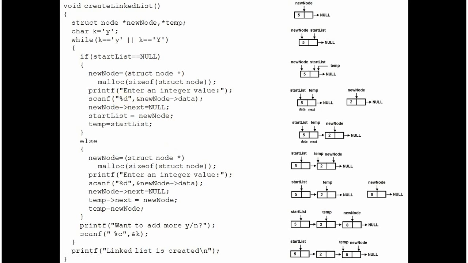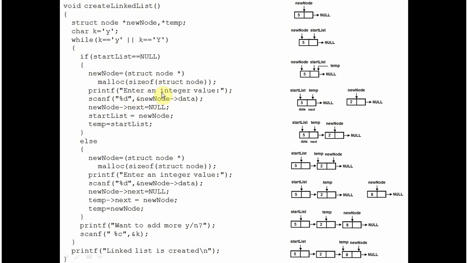There are two methods in C for allocating memory. One is malloc and another is calloc. Malloc is used for allocating a single block and calloc is used for allocating multiple blocks. So what is this method doing? It is allocating this number of bytes. Sizeof will find the number of bytes required by the node structure. That much number of bytes is allocated and that memory will be used by the pointer of type node. And that whole block is assigned to new node. So by this statement, the new node is created.